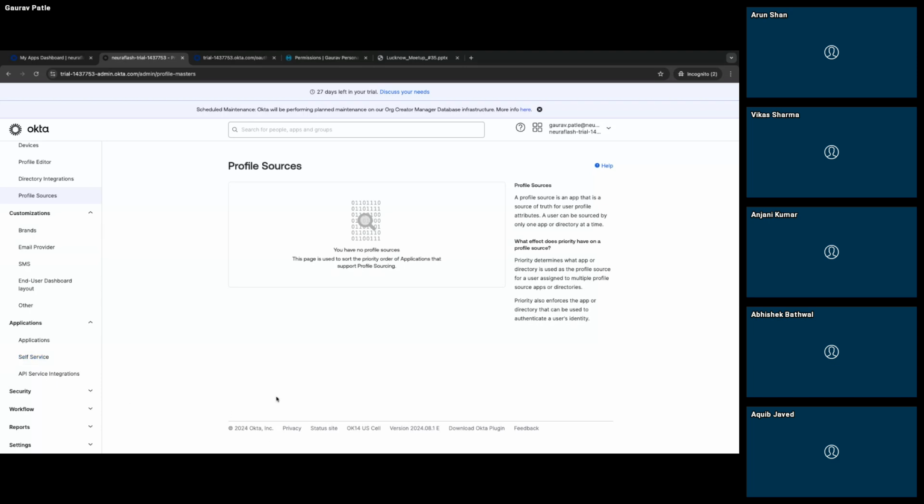So I think that's all from the demo side. I have nothing to show as of now. Abhishek, if you can